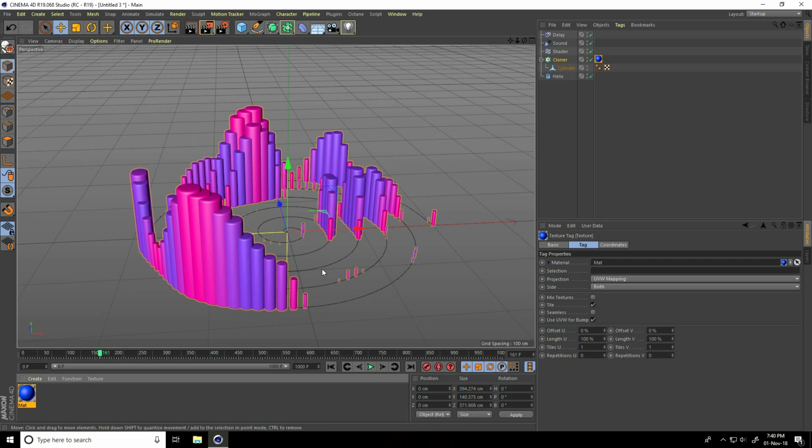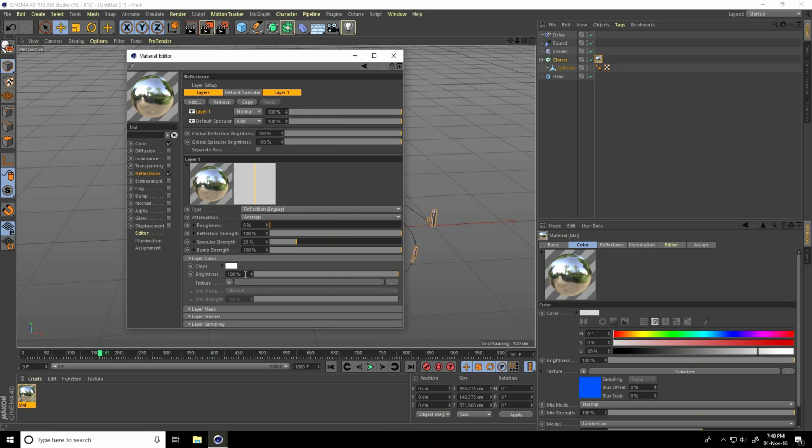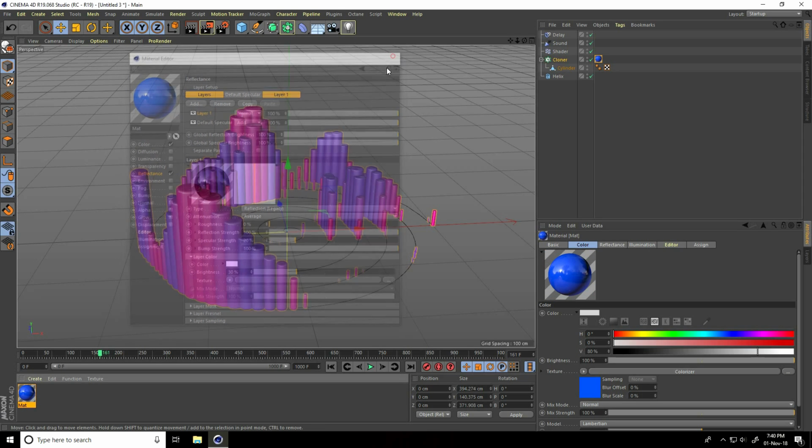Yes, great. But guys, I create shadow, shining, open material. I go on reflection, press add, take reflection legacy and brightness. I take 30%, press enter and close.